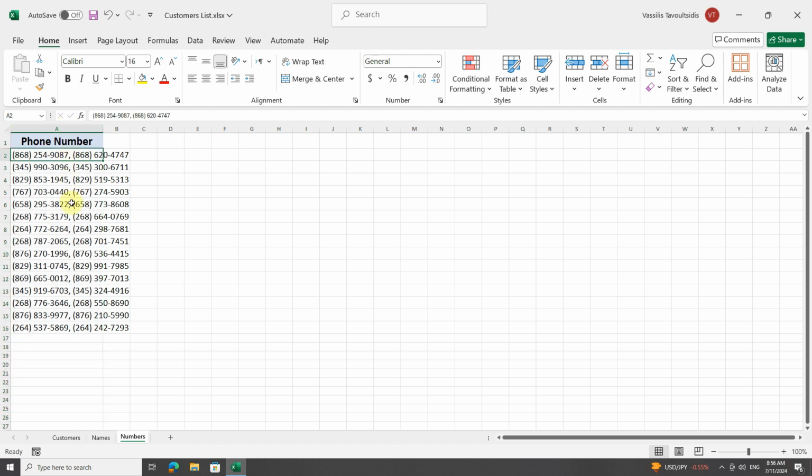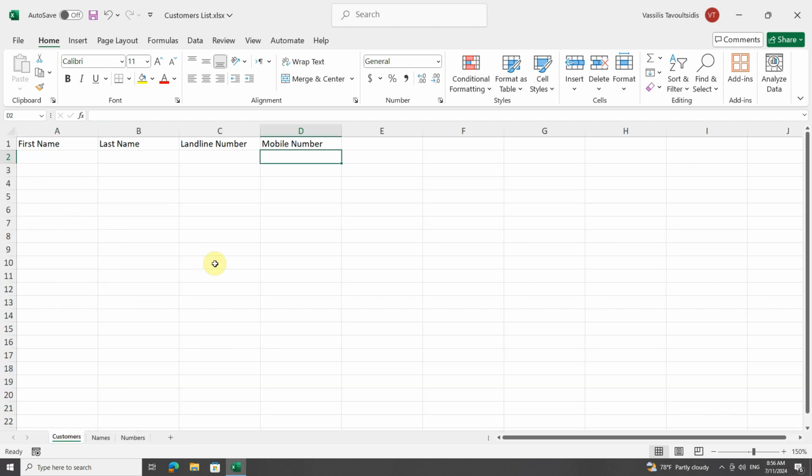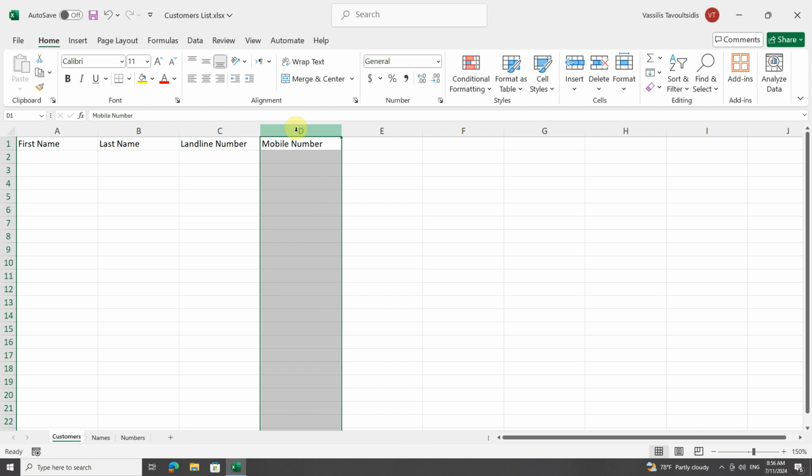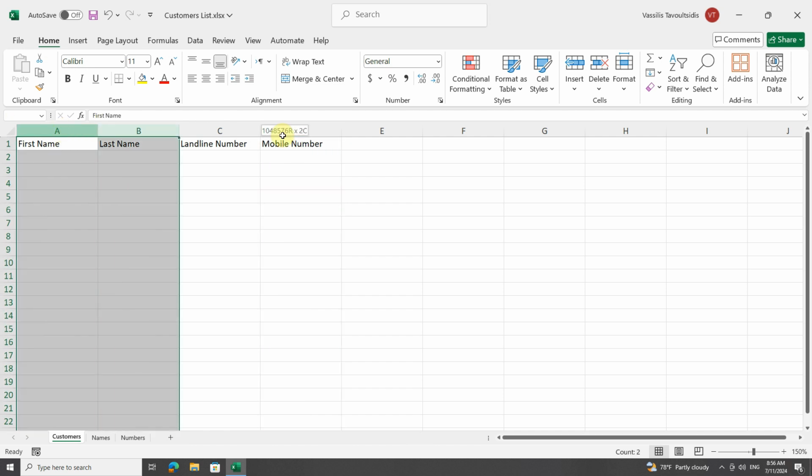In this example, both phone numbers for each customer are in one cell. So if I want, for example, to extract a list of the mobile phone numbers so that I can send an SMS to those numbers, it would be impossible. So the correct way to do it is by using one column for the landline and a different one for the mobile number. Okay, let me now select the columns of this list